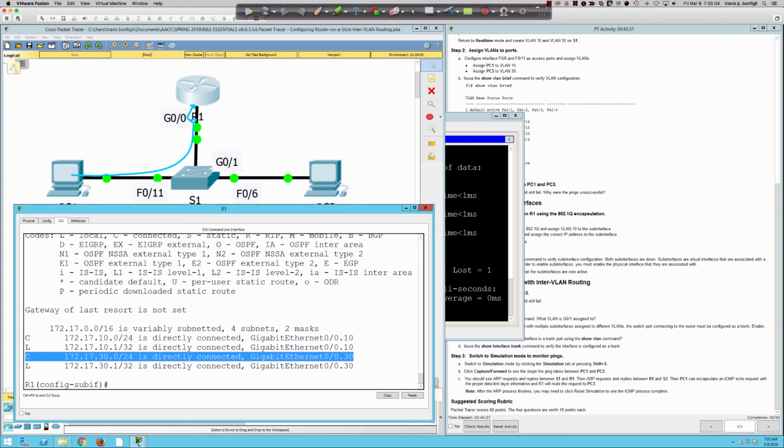Yeah, that tells me that if I get traffic destined for the 172.17.30.0/24, I'm sending it out gig 0/0.30, our sub-interface. So then that traffic is going to get tagged with VLAN 30 and sent down the trunk link. It's going to show up on the switch, and the switch is going to say, let me investigate, right? Let me investigate and see if I have a MAC address entry for the IP